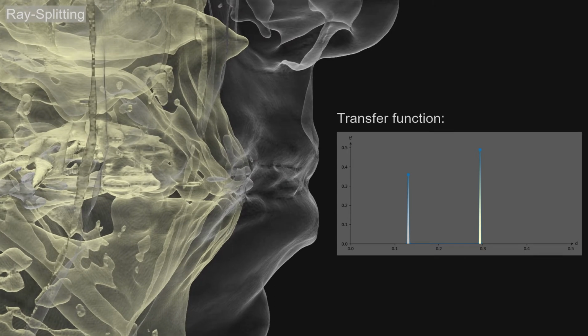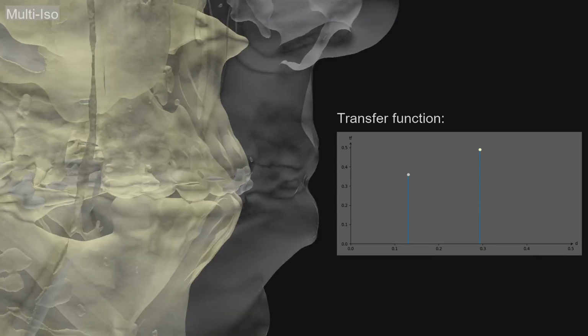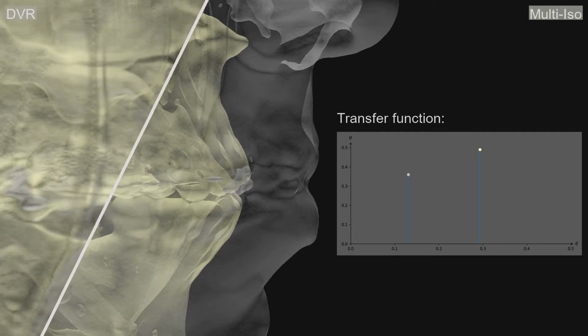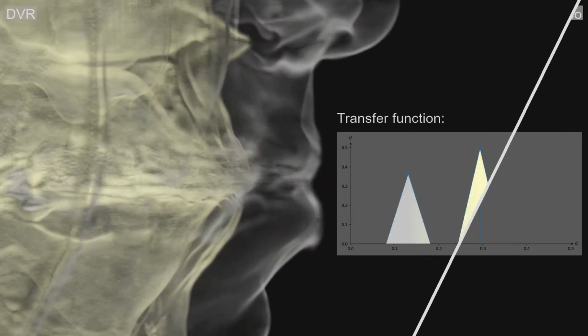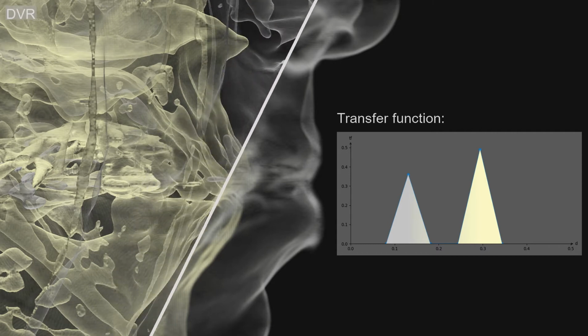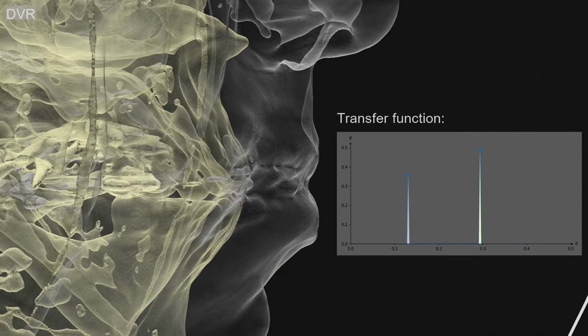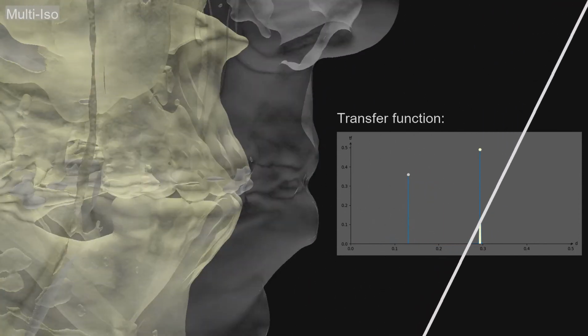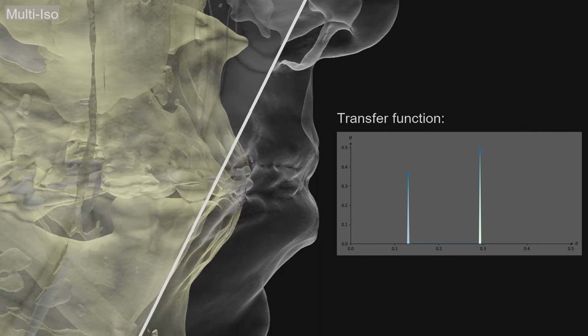Now we switch to isosurfaces. Regular semi-transparent isosurfaces can separate the features but cannot convey small uncertainties in the voxel densities. We argue that DVR might be more faithful to the underlying data, as regions with similar densities still contribute to the output. However, smooth transfer functions lead to a loss of small details. A sharper, narrow transfer function is needed. Here is a direct comparison between DVR and multiple isosurfaces.